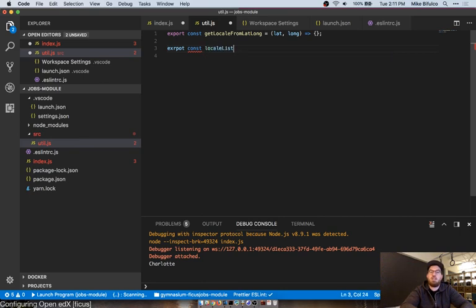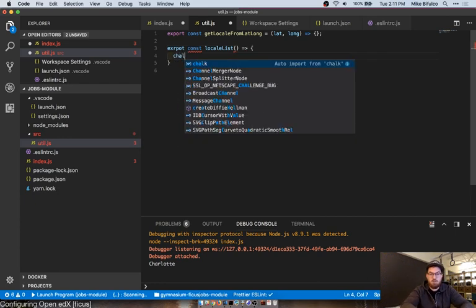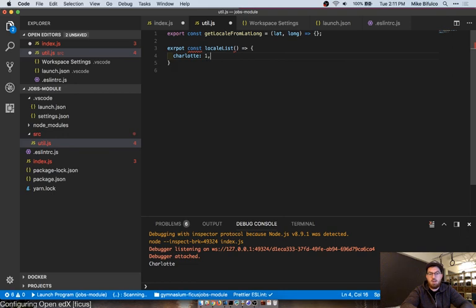locale list. This is going to return an ID given a list of IDs. That doesn't even need to be a function. You know what? I'm using the wrong word for that. We're going to call that market instead of locale.